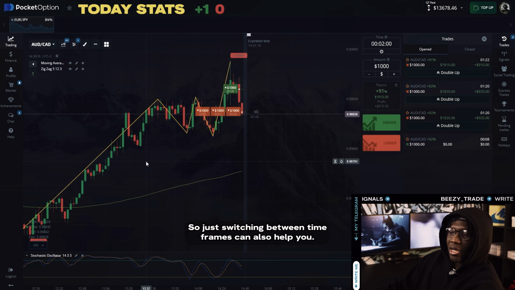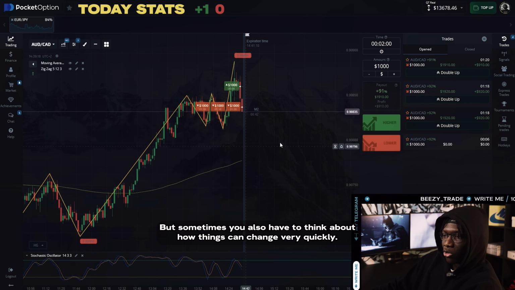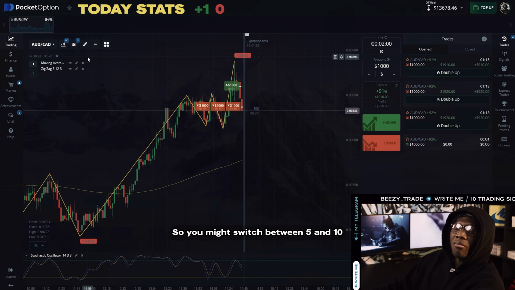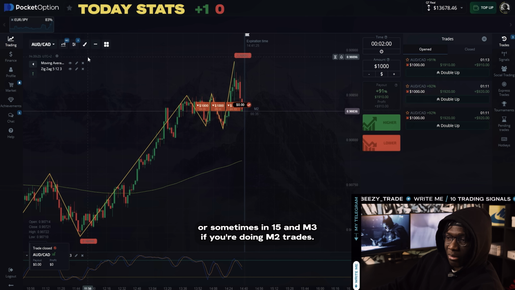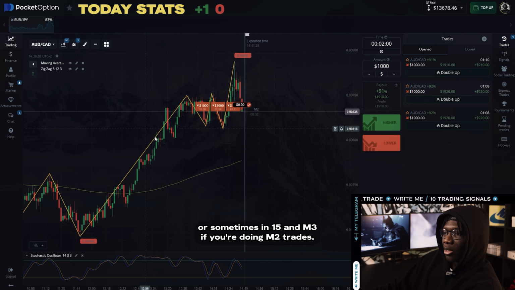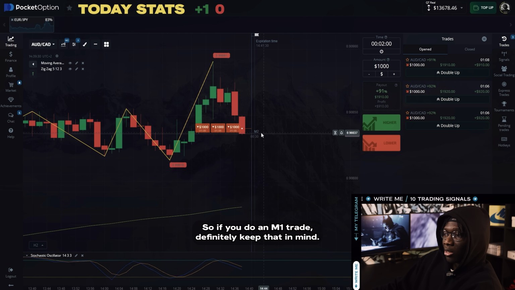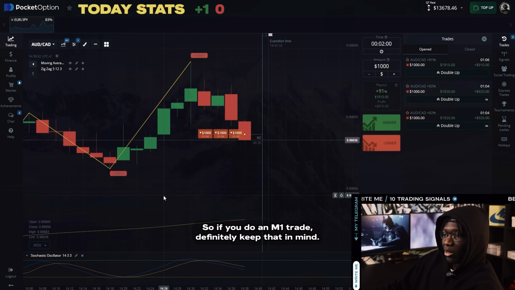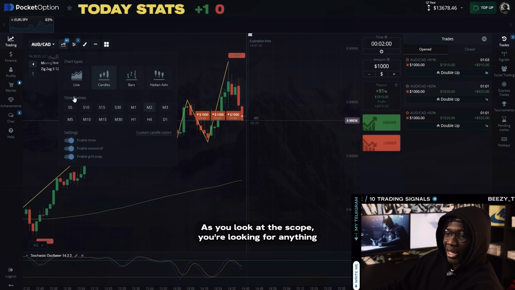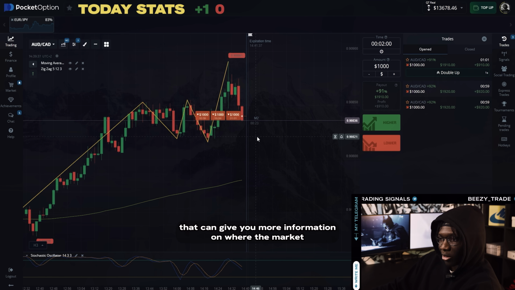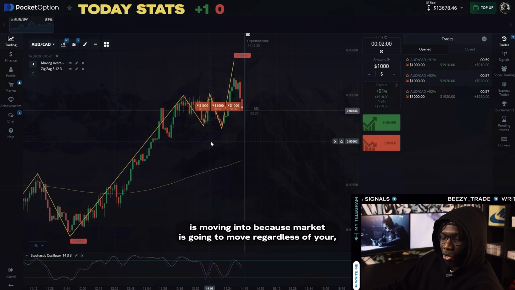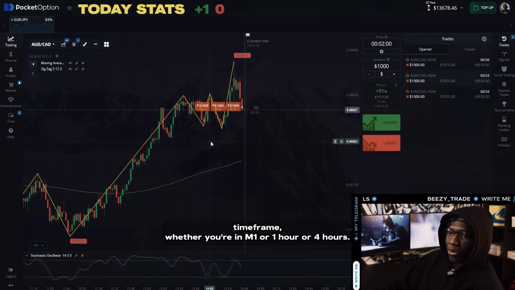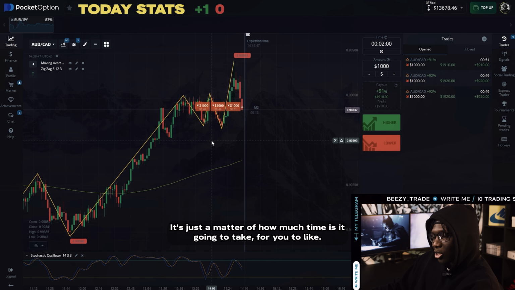So just switching between time frames can also help you, but sometimes you also have to think about how things can change very quickly. So you might switch between M5, M10, or sometimes M15 and M3 if you're doing M2 trades, or if you're doing M1 trades. Definitely keep that in mind, because you look at the scalp, you're looking for anything that can give you more information on where the market is moving into, because the market is going to move regardless of your time frame, whether you're in M1 or 1 hour or 4 hours. It's just a matter of how much time it is going to take for you to